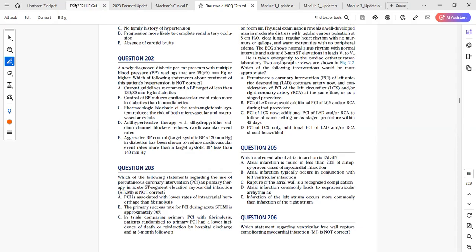Yeah, I can. So it's the true reason now. Aggressive BP control, what happened? If you're looking at this question, well, why I said it, there is this trial they did. They called it the ACCORD trial. They wanted to do a very aggressive reduction in systolic blood pressure to less than 120, and they found that there was no more difference. So that was why this E for me was the incorrect answer.